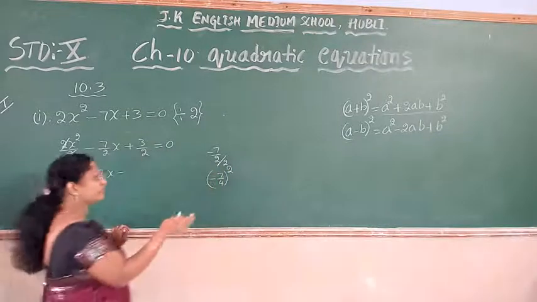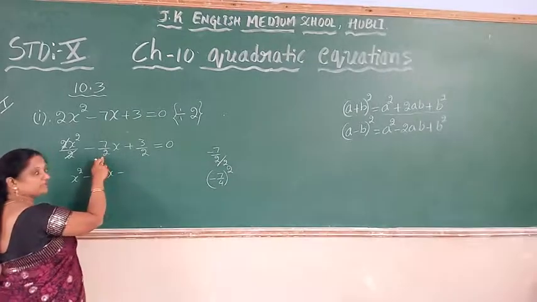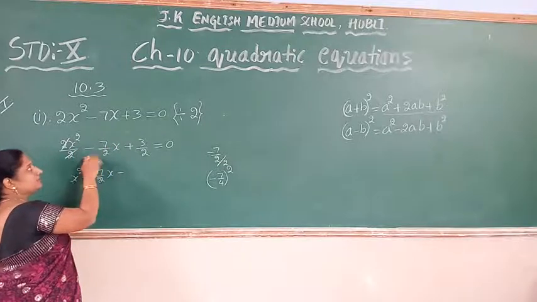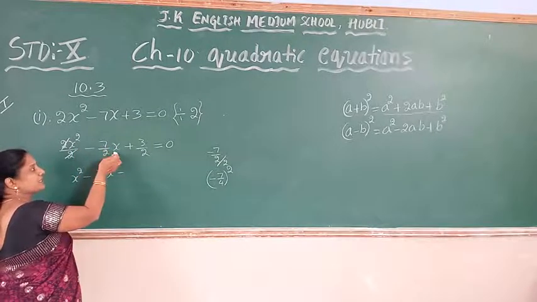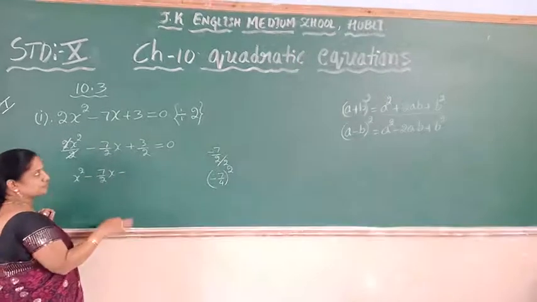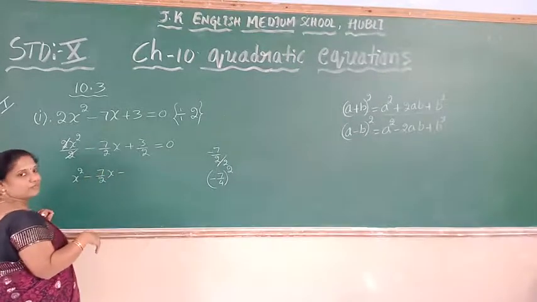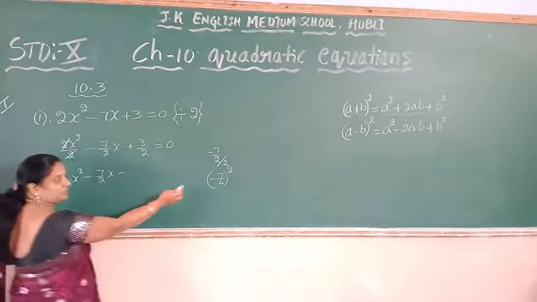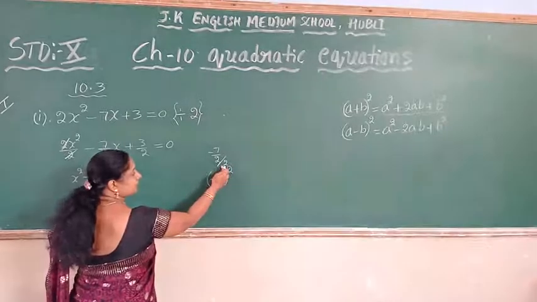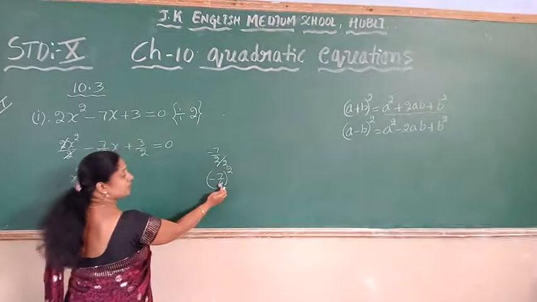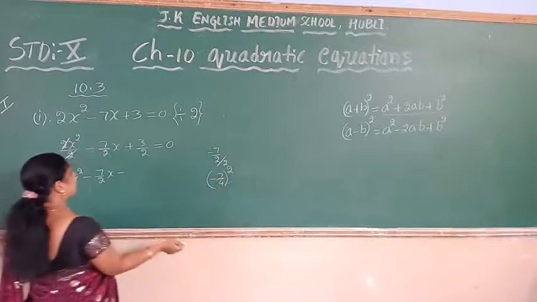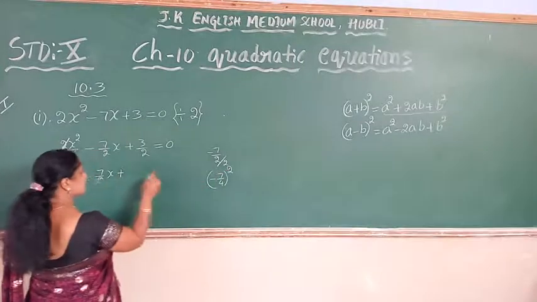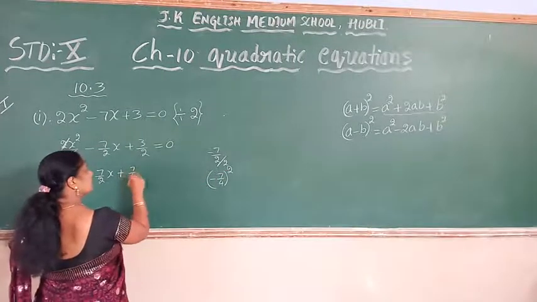So whatever the b term is, what is the coefficient of x? That is nothing but b here. So in ax square plus bx, the b value becomes minus 7 by 2 when compared to the general form of a quadratic equation. Whatever we get after dividing by 2, it comes in the denominator, it becomes 2 to the 4, and you square it. Add this square once. The minus sign is there, but if you square it, it is going to become positive only.